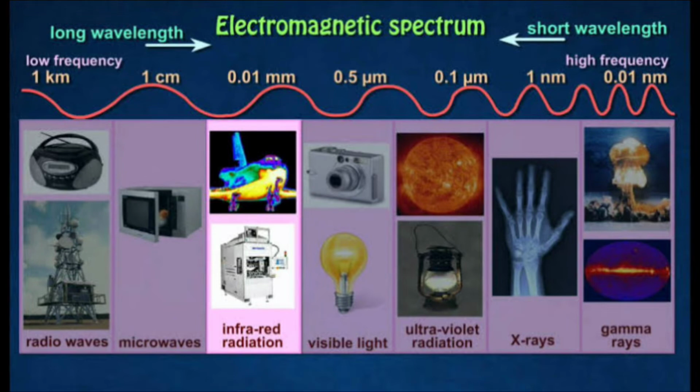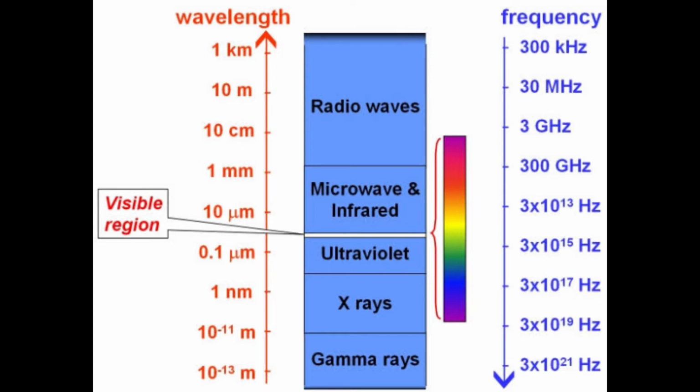The EM wave having long wavelength, low frequency and low energy is called a radio wave, while the wave having short wavelength, high frequency and high energy is gamma rays. The types of radiation that occur in different parts of the spectrum have different uses and dangers depending on their